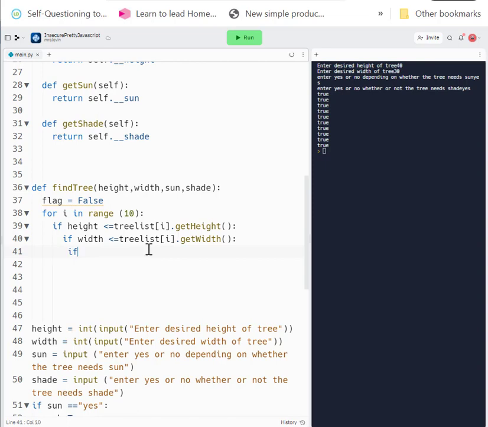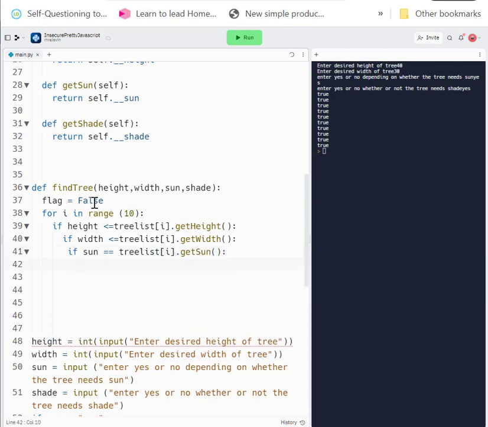So if sun equals tree list i get sun, everything's good so far. If shade equals tree list i get shade,